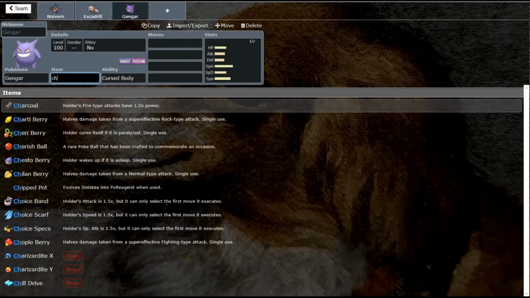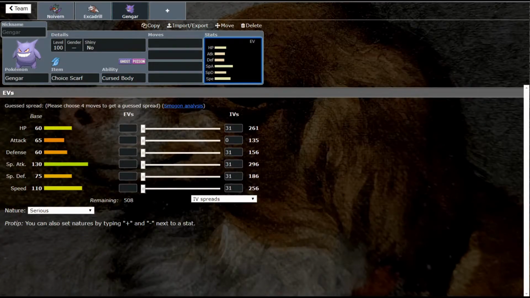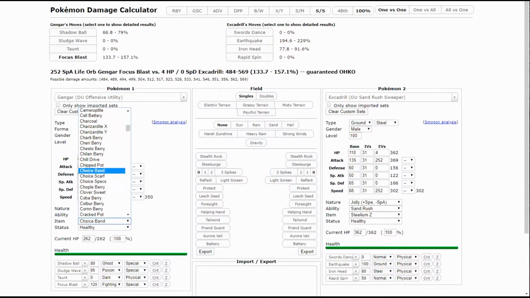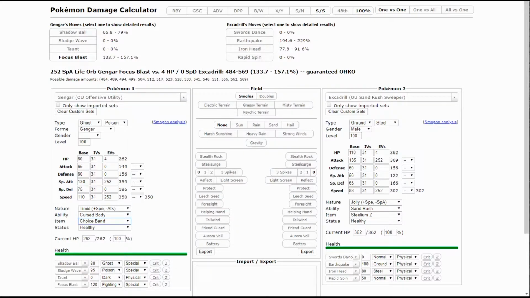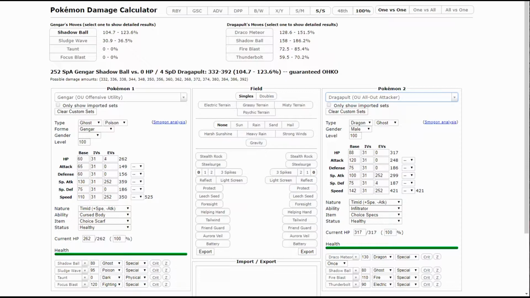So with a Scarf, we are going to outspeed it as long as it is not also scarfed. So that is one thing to keep in mind. If it is scarfed, we do not outspeed it. Now, I do want to put the least amount of speed that we need to on this. So I'm going to pull up a calc right here. So if we're running a Choice Scarfed, where is that Choice Scarf? Right there. With max speed on this. And then we're going to run a Dragapult here. So if Dragapult is timid, it gets up to 421 speed. Meaning